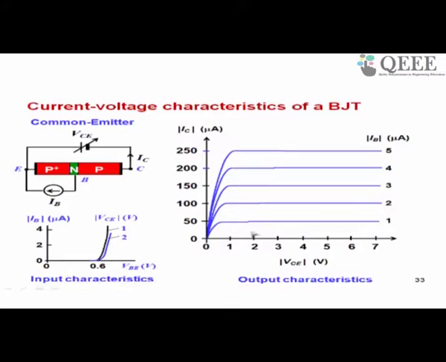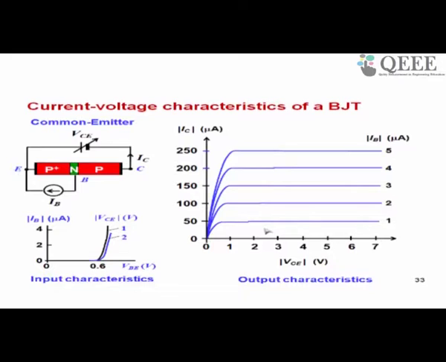You can see here that if I keep the base current constant, and change the collector to emitter voltage, then collector current varies as shown here. It increases rapidly, and after a few hundred millivolts, less than a volt, it saturates to a constant value. If you increase the base current, you get the same shape, but the current now saturates to a higher value, and so on. The point of saturation here is slightly increasing, but always remains about 1 volt or less.